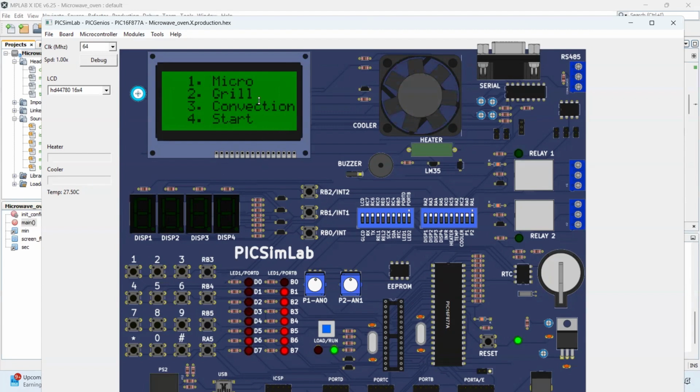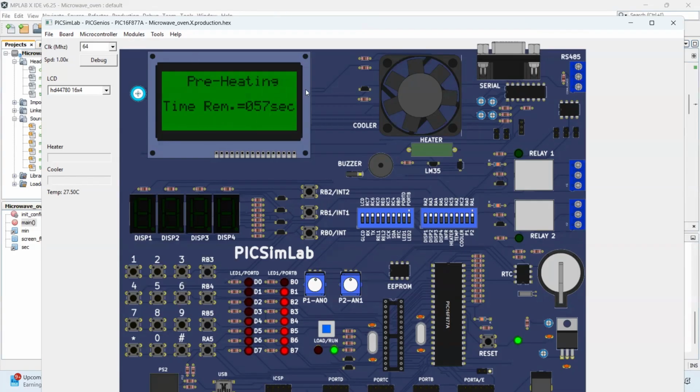Next, we have the convection mode. In convection mode, we can set the temperature as well. The temperature is capped at 180. If any temperature is entered beyond 180, it will bring it down to the maximum possible temperature, which is 180. So let's enter maybe 56 and press enter.